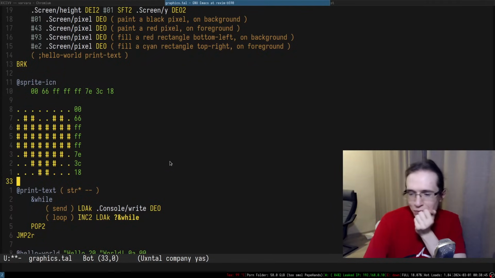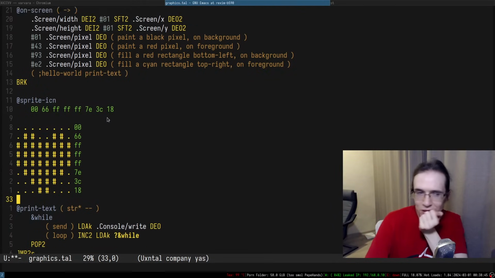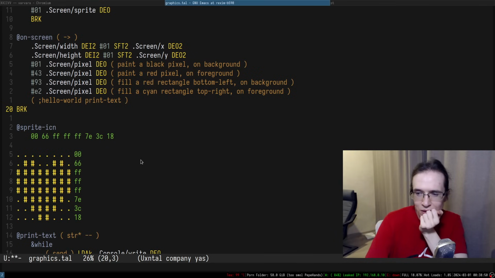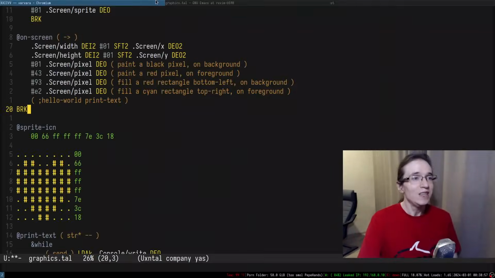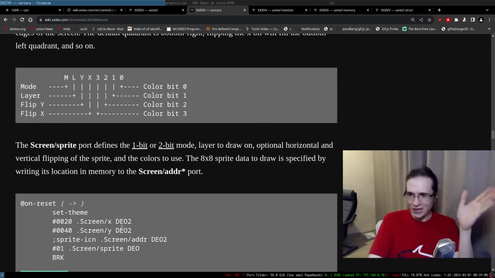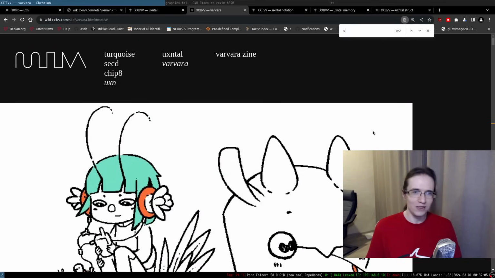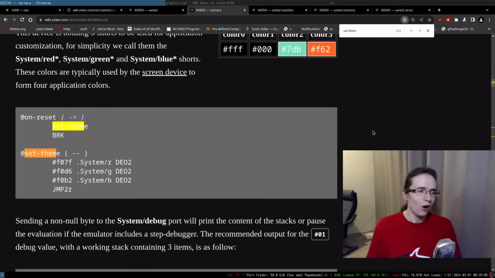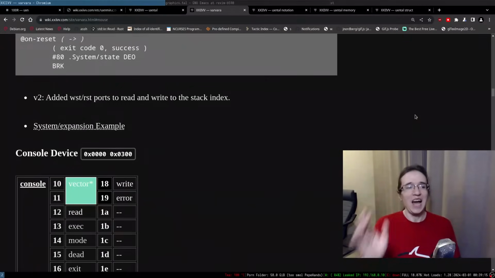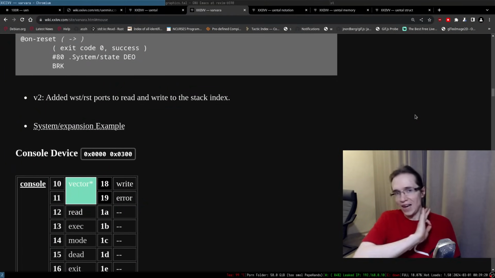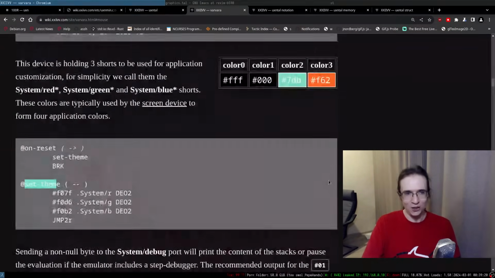So it starts to feel like, what's it called? Temple OS. Yeah, Temple OS. Because the author implements set theme most of the time, they just forgot. This is so bad. This is really bad for documentation, just assuming these kind of things. Right, Control F set theme. Oh my god, dude, this is really freaking bad. Because this is a reference guide, and that means you're gonna be reading it out of order, and you don't want to have things that just don't make sense out of context.